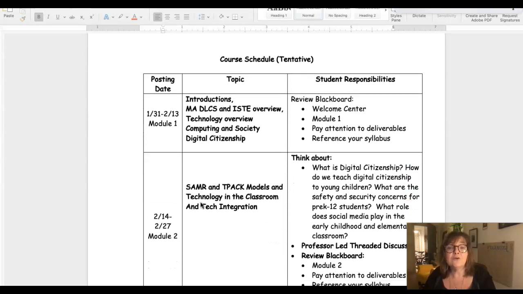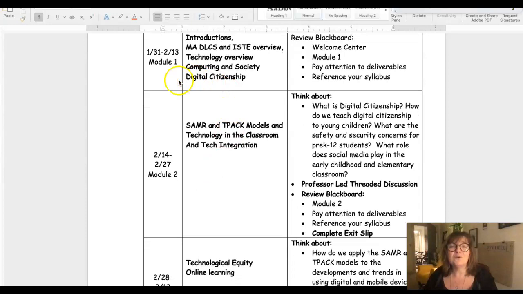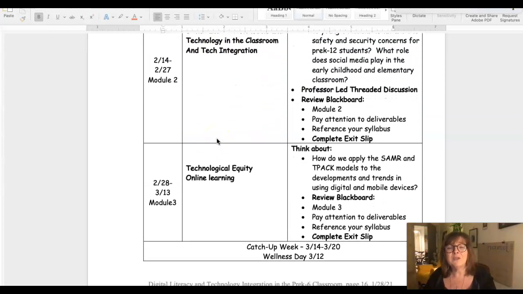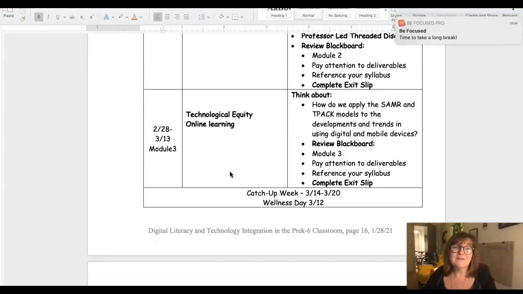And then this is our course schedule. It's a little tentative because as I find things, I will really want to include them in our discussions and in our modules, but I'll pretty much stick to this overview, with an overview of computing and society and digital citizenship, some of the research behind it and the models of learning that we have, topics on equity and online learning, which I think are very telling. And then